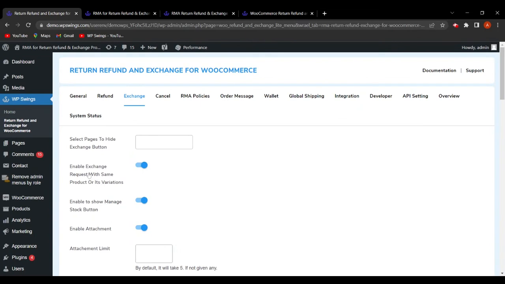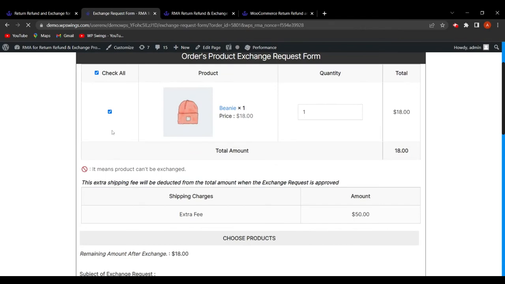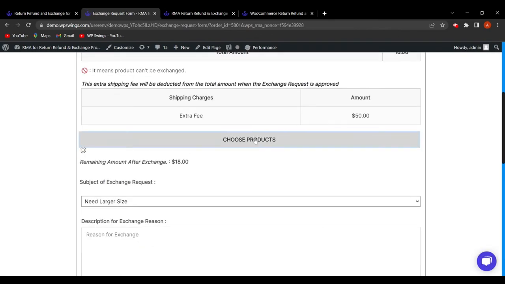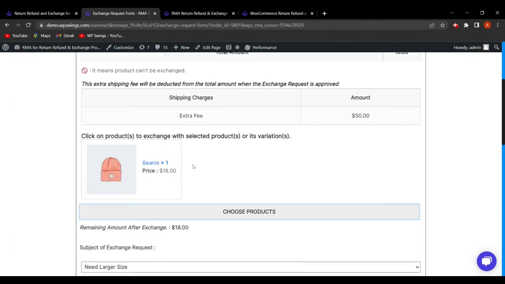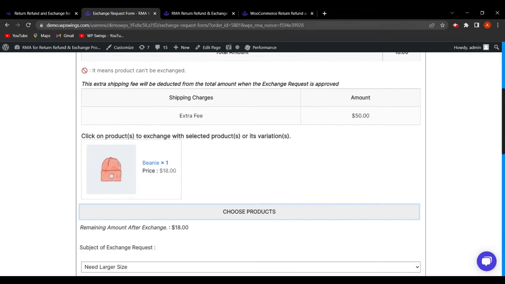Next field is enable exchange request with same product or its variation. So this functionality was enabled due to which whenever the customer was selecting the products for exchange, it was showing the same product or its variation. So with this functionality enabled, let us go to the order section, and let us click on exchange. And as you can see that this is selected, and let me click on choose product. So as you can see, only this product or its variation will be available to exchange the product. But if this functionality is disabled, and let me click on save settings, and now let us refresh this,